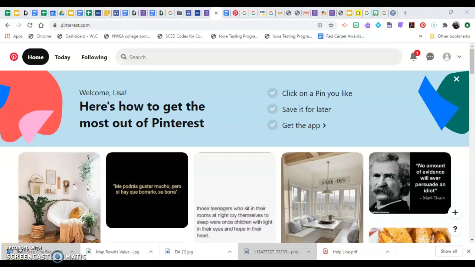Today's lesson is going to be one of the shortest that we have throughout the duration of these 2 weeks. Just like me, I would like you to get logged into your Pinterest student account. When you log into your Pinterest student account, you are going to see a home page, and this home page